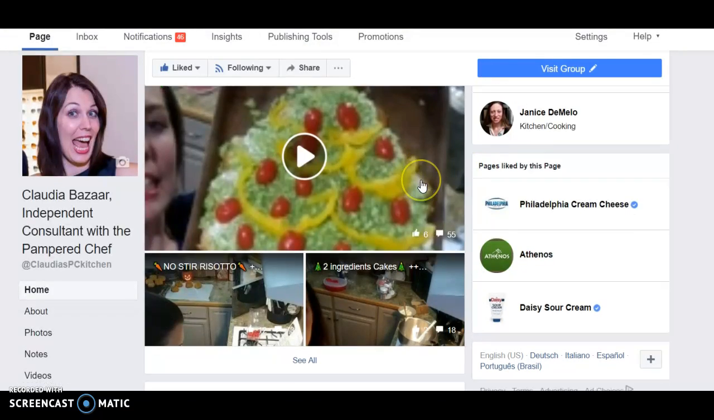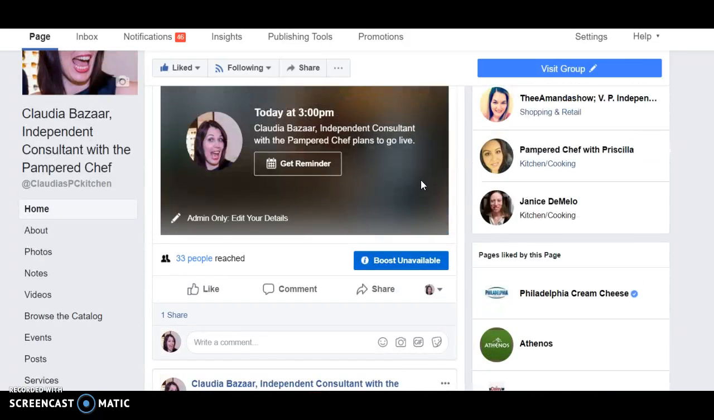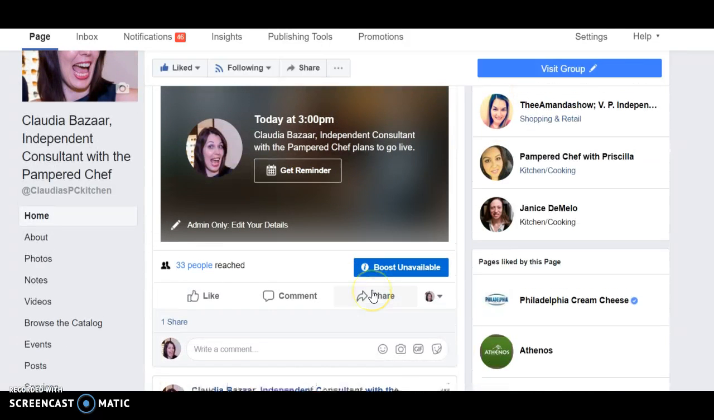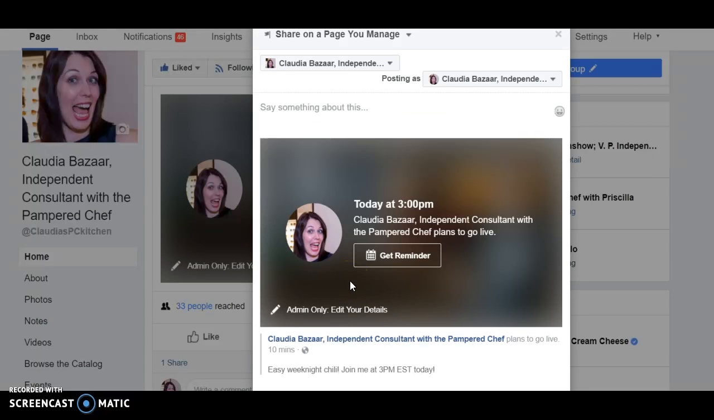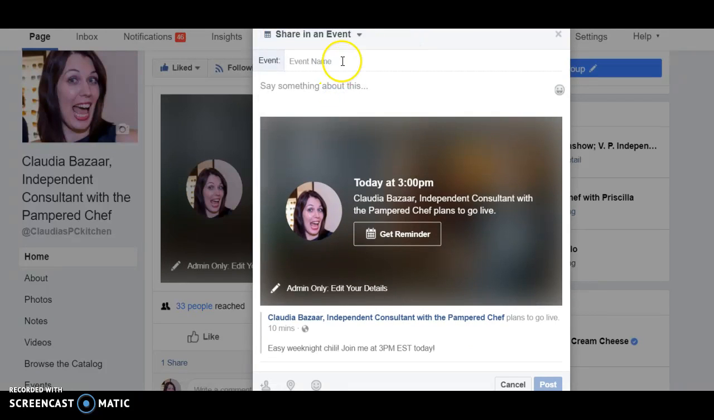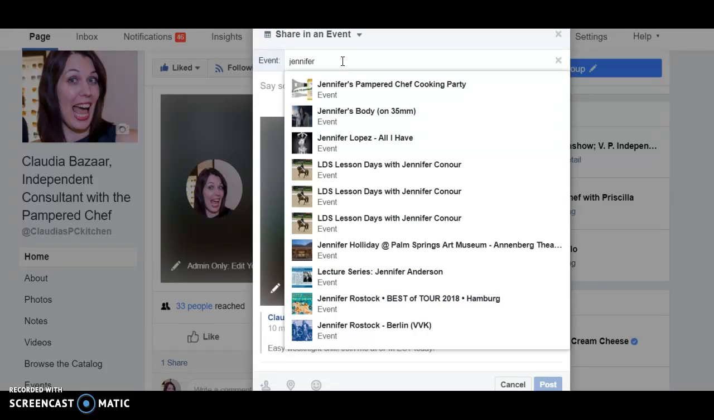So once you go to your business page right here, your customers can click on get reminder. But what you can also do, if you're doing virtual parties, is share this in your virtual parties right now so people can click on getting a reminder. So up here you just click on share in an event, and you can find your virtual parties or whatever,